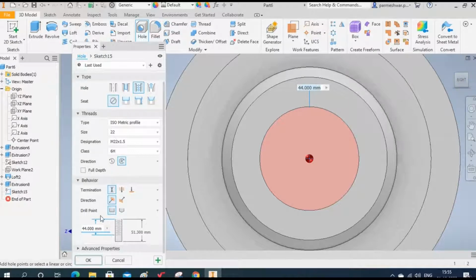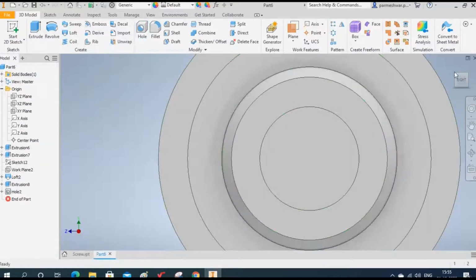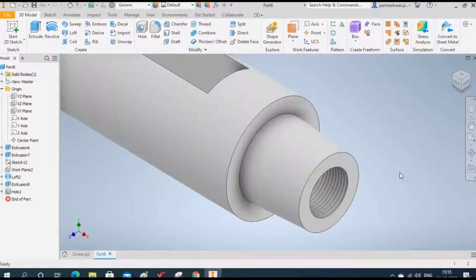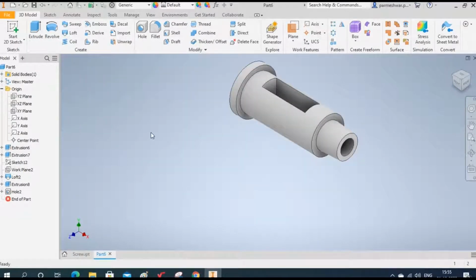Okay, next thing is that this is the drill point, whether you want that drill point like this or like this. Okay, so that doesn't matter in this case now. Okay, so click OK. If you see here, the threads are created like this. Okay, next thing, so this is what the post is. So click save,